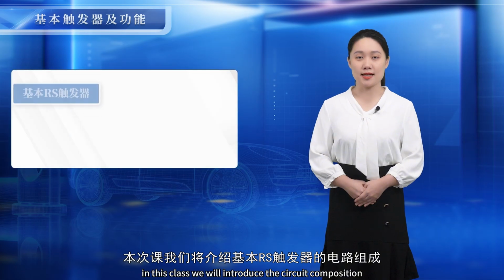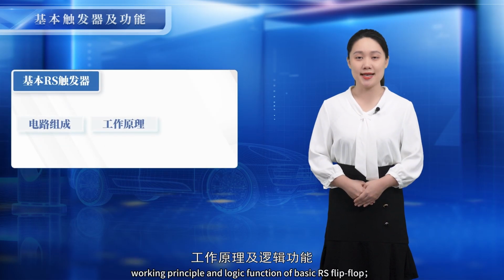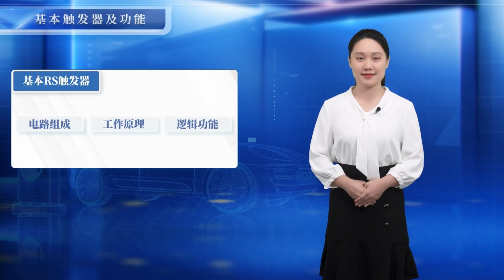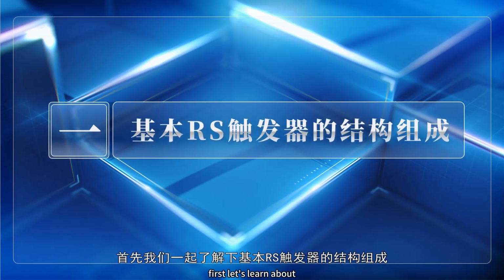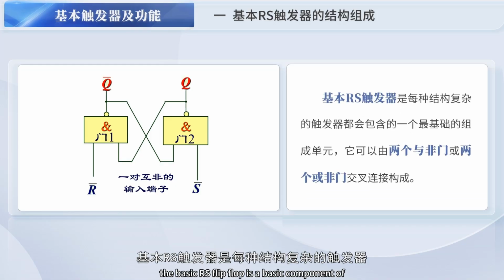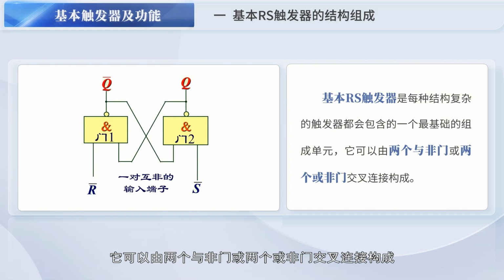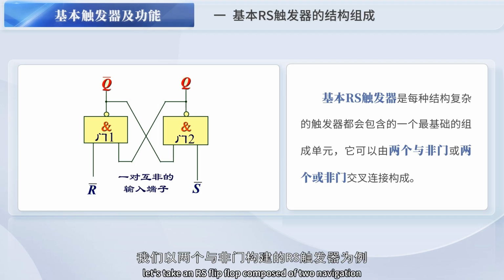In this class, we will introduce the circuit composition, working principle, and logic function of the basic RS flip-flop. First, let's learn about the structure of the basic RS flip-flop. The basic RS flip-flop is a basic component of every complex flip-flop. It can be composed of two NAND gates or two NOR gates cross-coupled. Let's take an RS flip-flop composed of two NAND gates